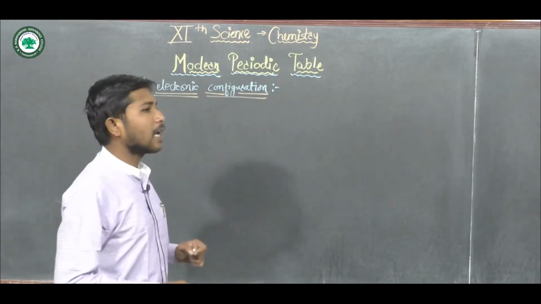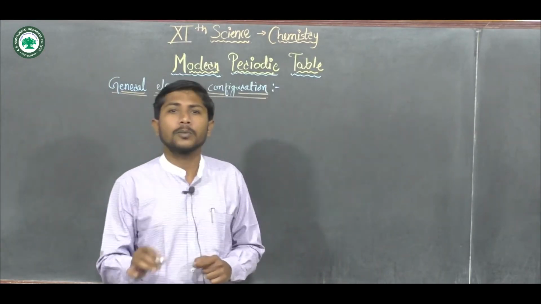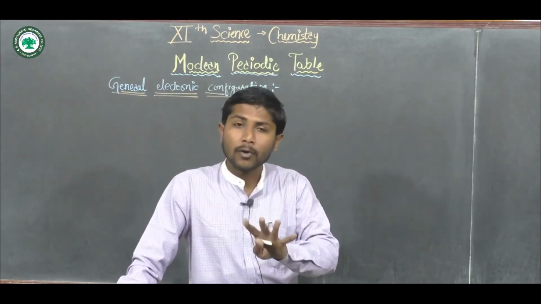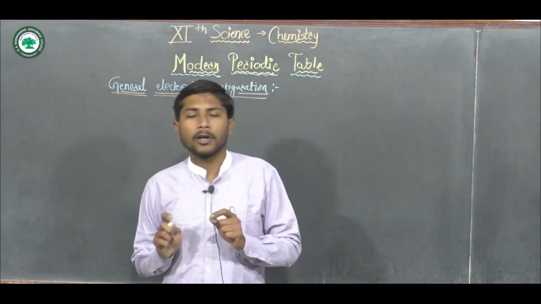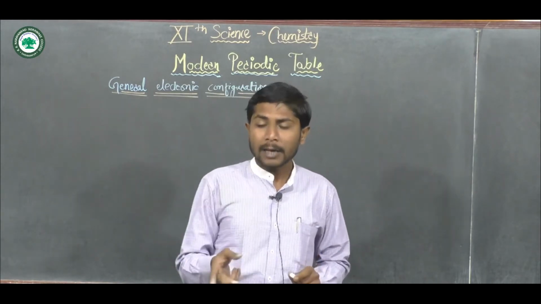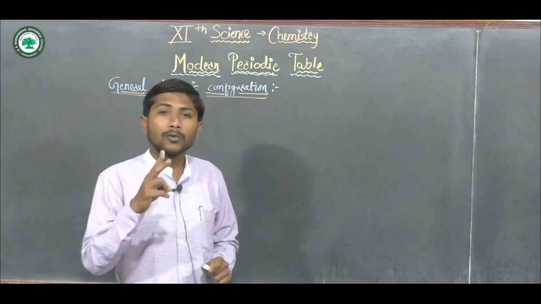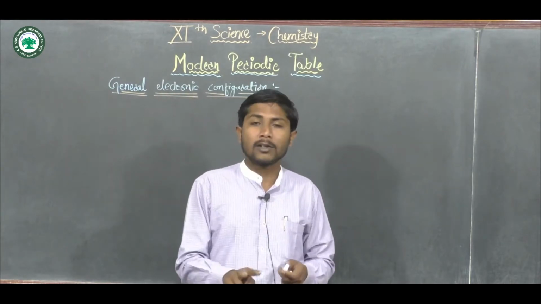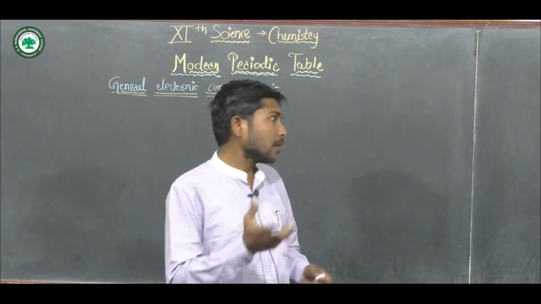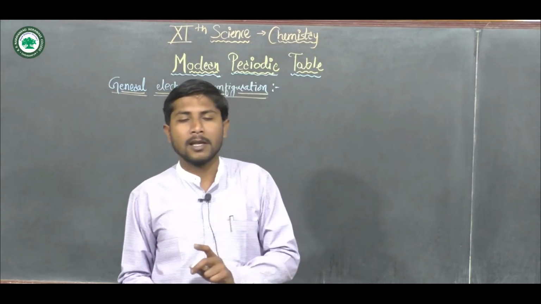As we know, there are 18 groups. As we have discussed, the 18 groups are there because the periodic table consists of these 4 blocks: S, P, D and F. The S block is named after the S orbital, which can accommodate 2 electrons, the D orbital accommodates 10 electrons, and the P orbital accommodates 6 electrons. That's why 2 plus 10 plus 6, that is 18 groups, are present there.